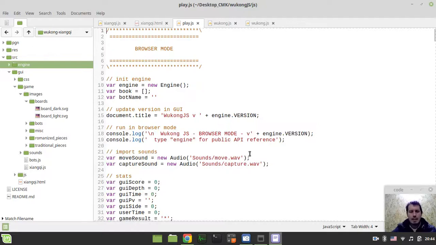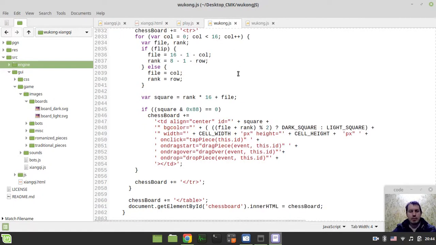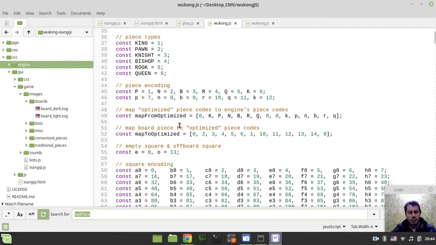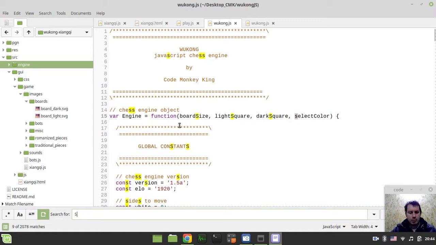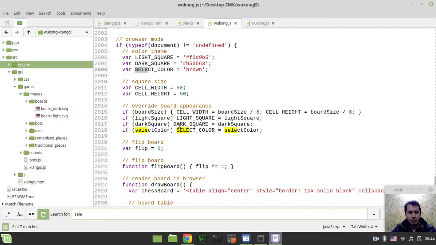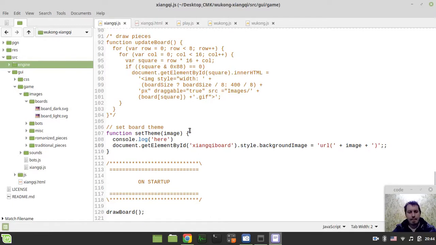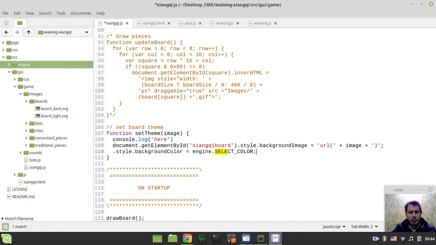Copy. And the select color is probably here. Yeah, select color brown. Okay, so I just want to try to highlight some random elements. So let's try